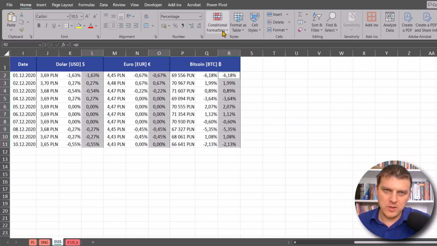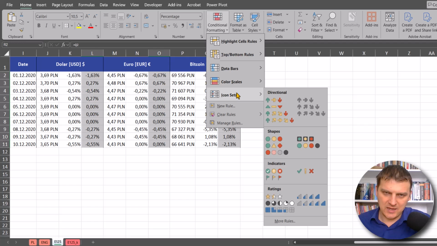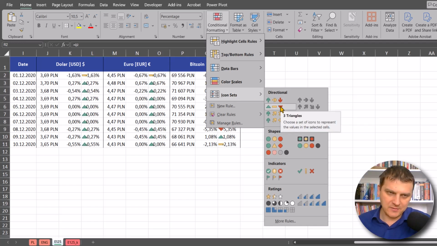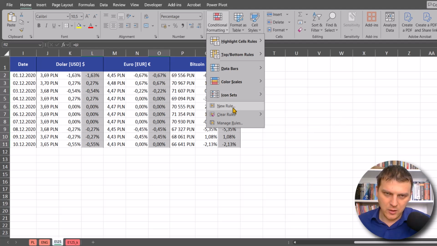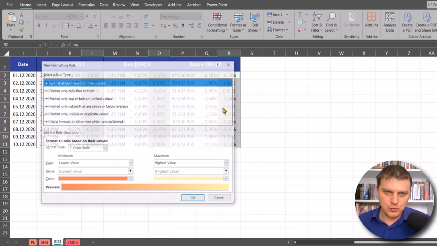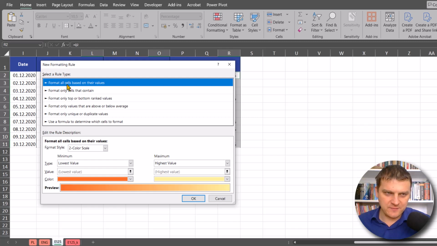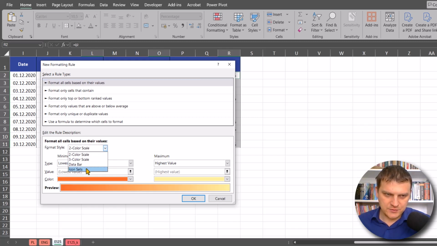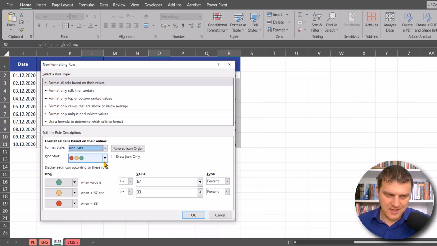Then I have to go Home, Conditional Formatting, and I can choose the icons based on the default settings, but I have here too many green arrows, so I will go to New Rule, and I will choose in the first rule type icon sets, and I need those icons here, and I have to change percent to number, precisely 0, and only 0